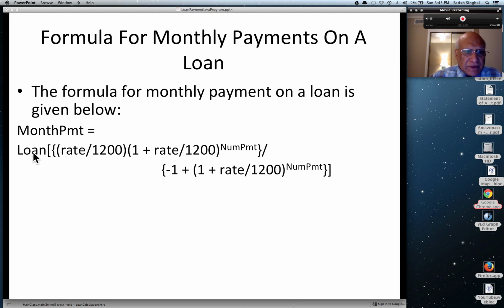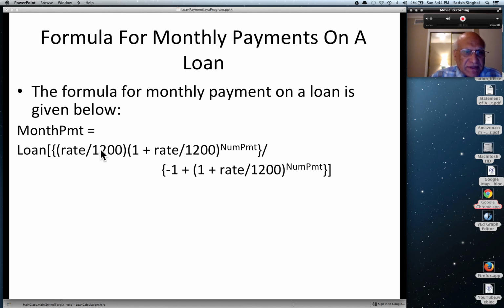The right hand side has on the top, the numerator, loan multiplied by, and I'm using 3 different types of brackets here, as is the common rule in mathematical expressions, although all 3 are used in Java but in different ways. So in Java you cannot use the square and the curly brackets for the formula, but this is not a Java expression, this is a mathematical expression. So inside the curly brace, which holds the numerator on the top, I have the first term,